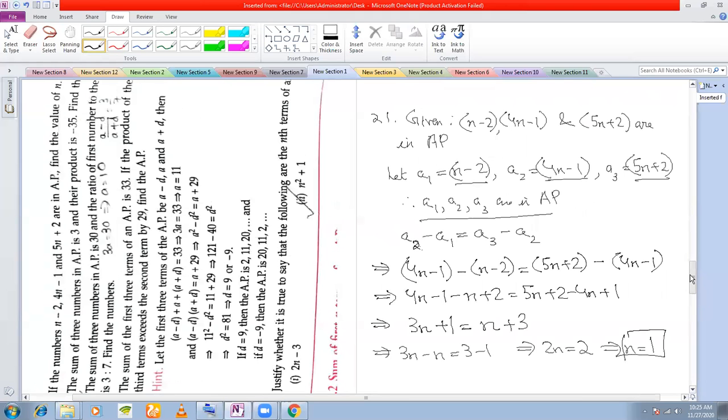So please remember the concept of arithmetic mean. Even if not now, then maybe later on, the concept of arithmetic mean will definitely come. And since GP has been excluded from your syllabus,